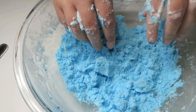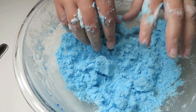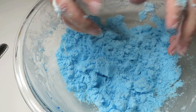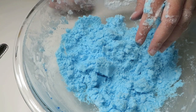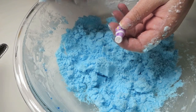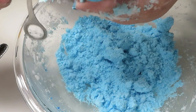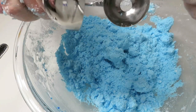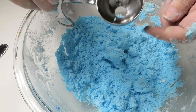So Paul's going to grab our meatballer. That's what it's called on Amazon, in case you want a mold. It's actually a tool for making meatballs in your kitchen. Hence the name, Meatballer. Yep. So I'm going to grab one of our little Shopkins. And Paul has put just a little bit of oil in here just to make the bath bomb release a little